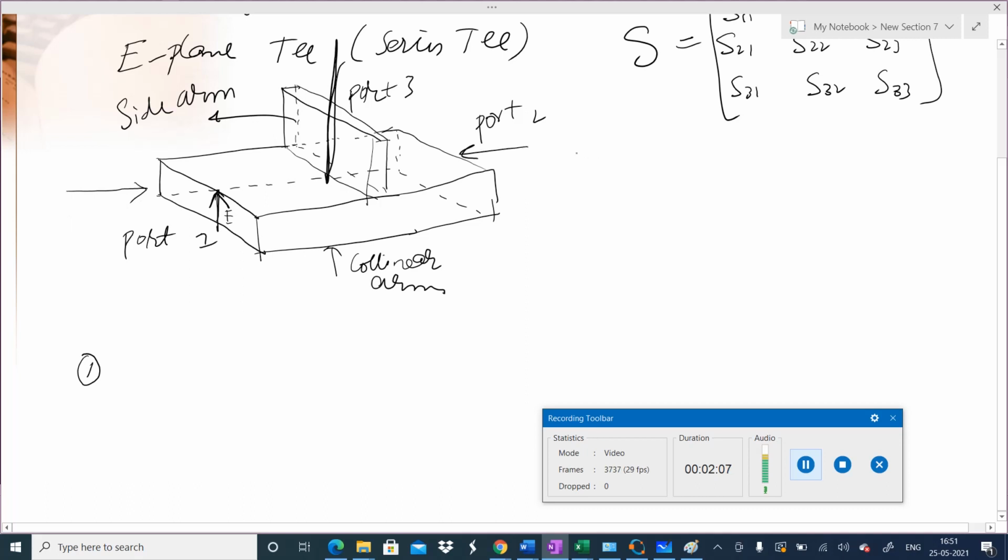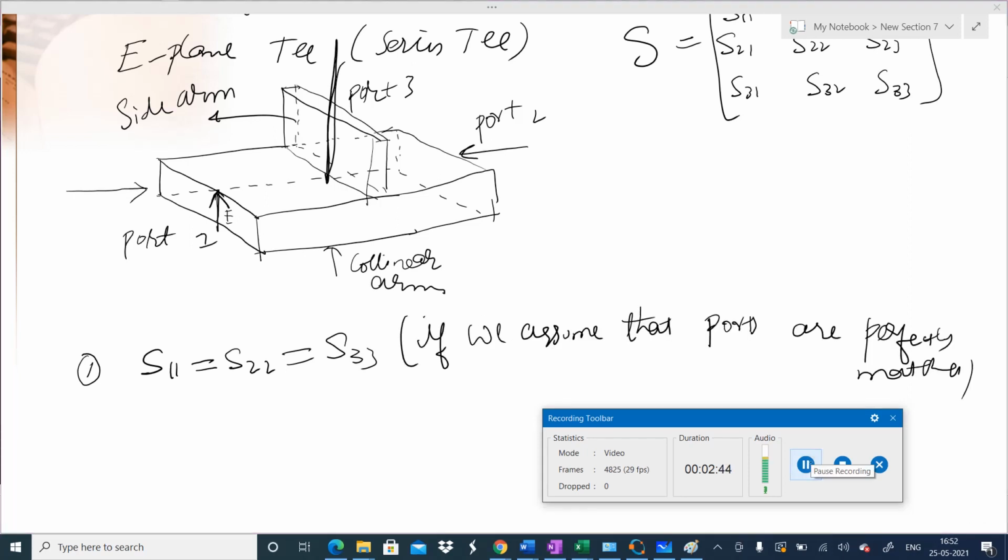So if you transmit EM wave at port 1, it will get transmitted through port 2 and 3, there will be no reflection. Same is true with all the three ports. If that is true, then in this S matrix, which components correspond to the reflections? They are diagonal elements. Okay, so it means S11, S22 and S33 are 0. This is under the assumption that the ports are perfectly matched.